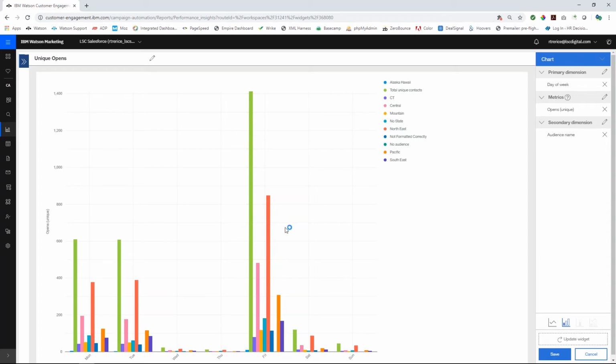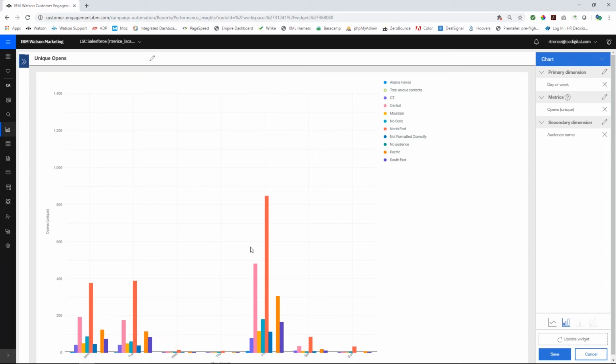And we'll see here Friday. We had a lot of activity on Fridays. And you'll notice that our total unique contacts is the green column, which just disappeared. So maybe we want to consider sending mailings out on Fridays more often because we have a lot of activity here. Now, if any of your metrics deal with time, in this case, day of the week,